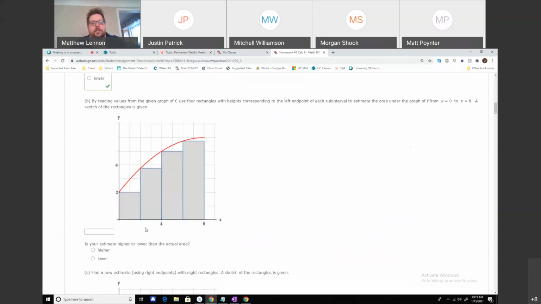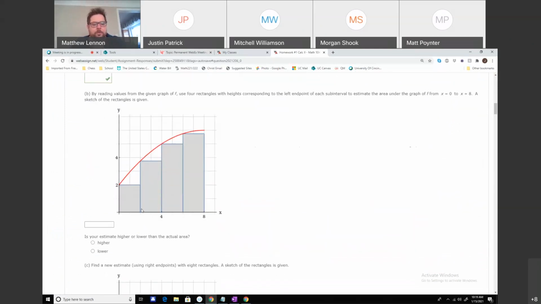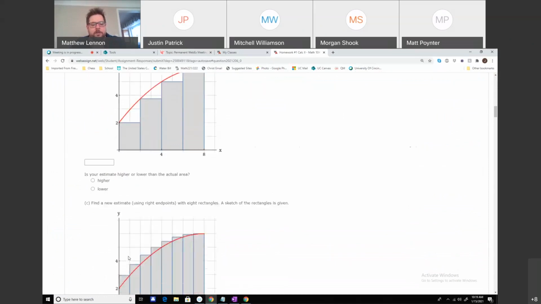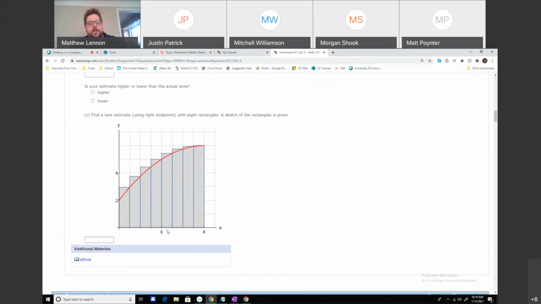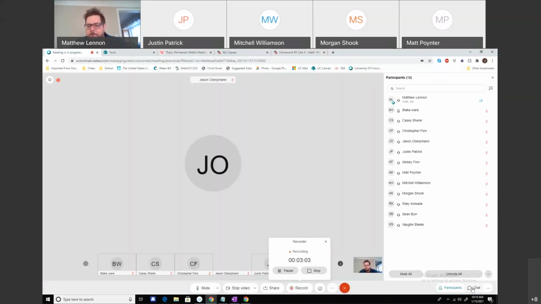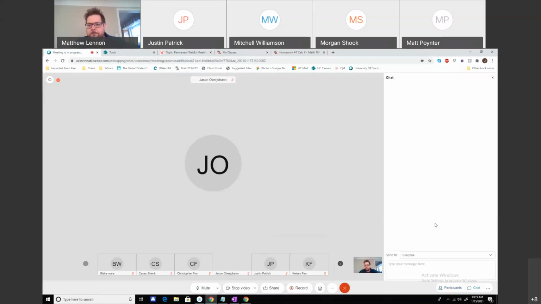So you're going to encounter the same sort of thing here. Your width is still 2, and then you're estimating the heights, and this will be an underestimate for B. And for C, you just have more rectangles. This time the width looks like 1, and there's 8 rectangles. So that's it for number 1. Are we having any questions there? Anybody in the chat got anything to say? No. All right, well,